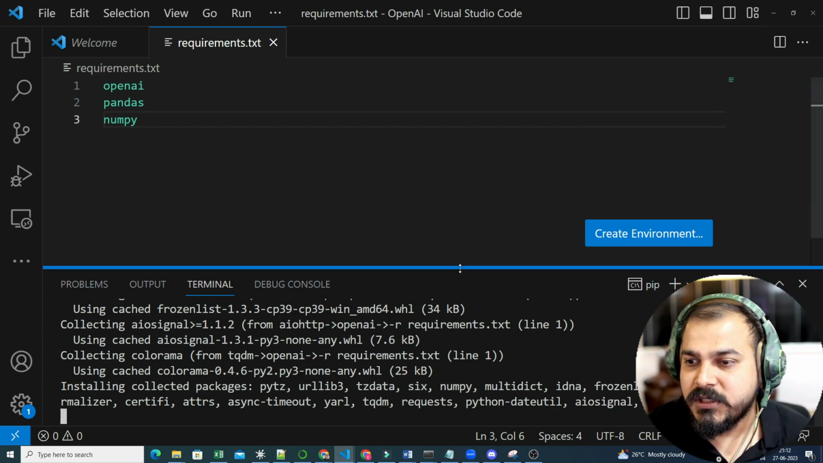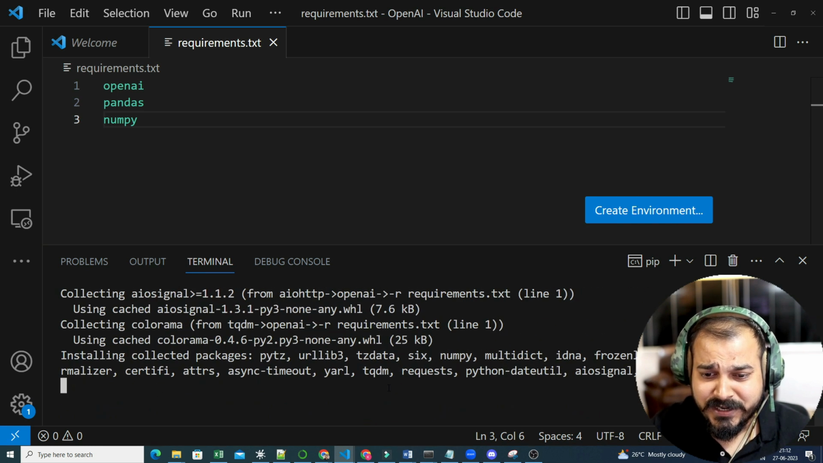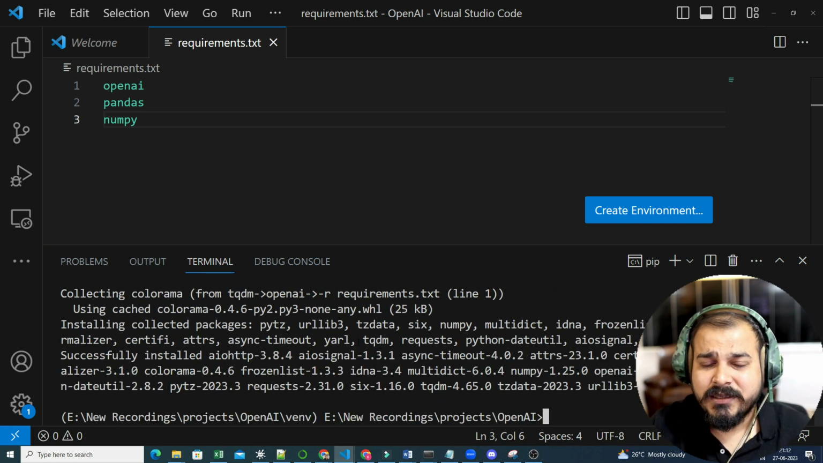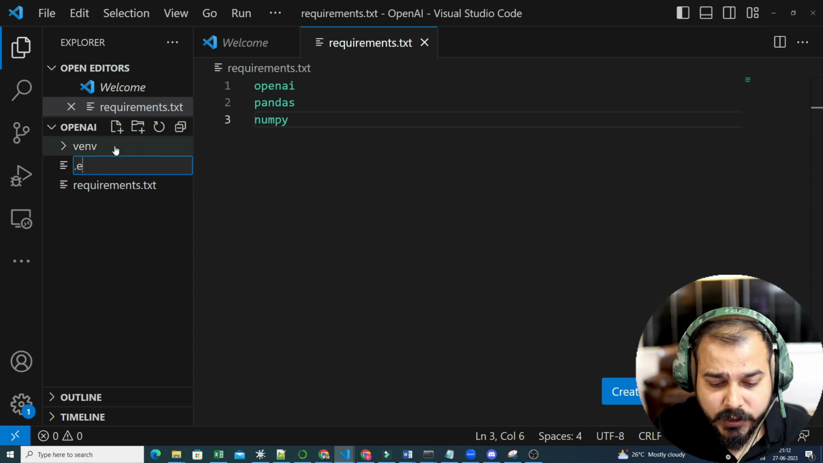Okay. Now this is done. Probably it will take some time based on what all things are getting installed, and again, this depends on your internet speed also. Okay. Now this is done. My requirement.txt is installed. Now what I'm actually going to do is create a .env